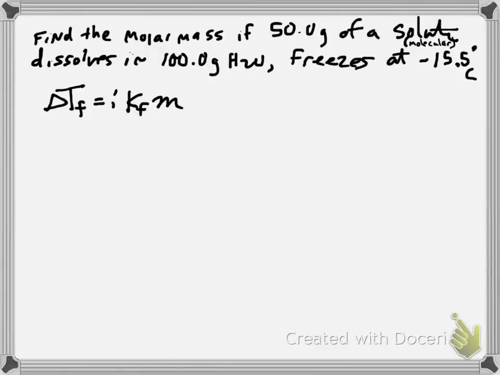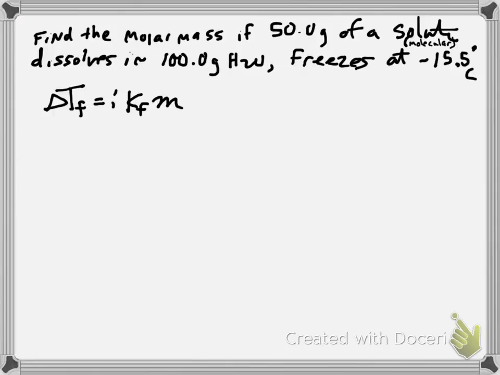Okay, so here we're going to talk about how to find the molar mass if we have a freezing point or a boiling point. So in this situation we have 50 grams of a solute that is molecular. It dissolves in 100 grams of water, and the resulting solution freezes at 15.5 degrees Celsius. That's negative, below zero. So if we want to find the molar mass, the first thing you're going to notice